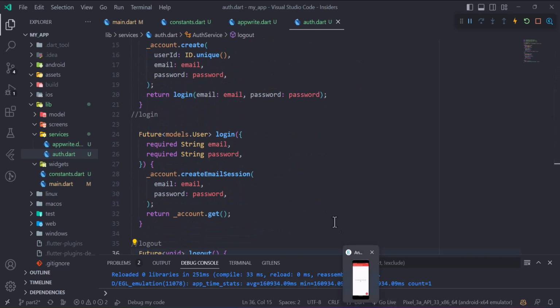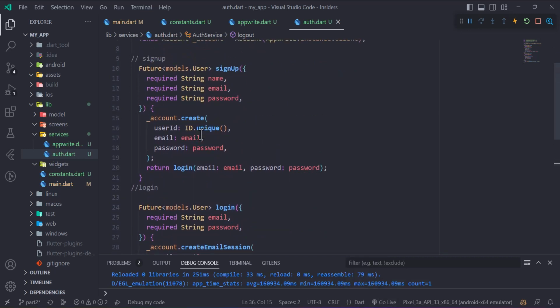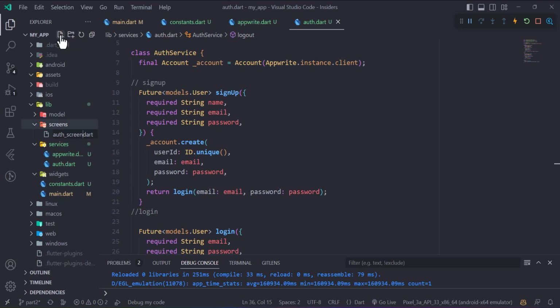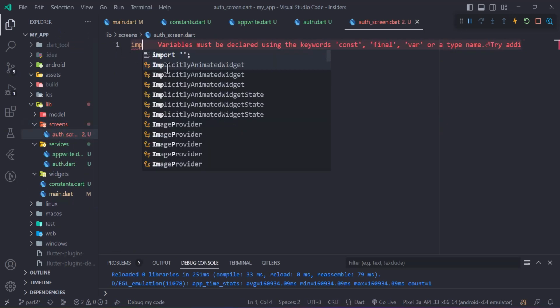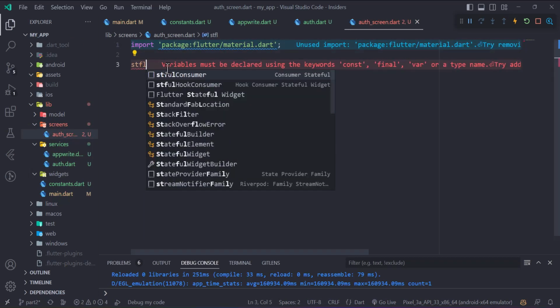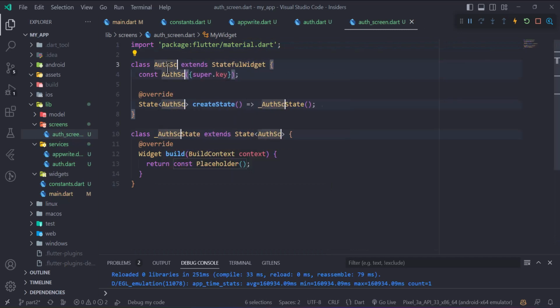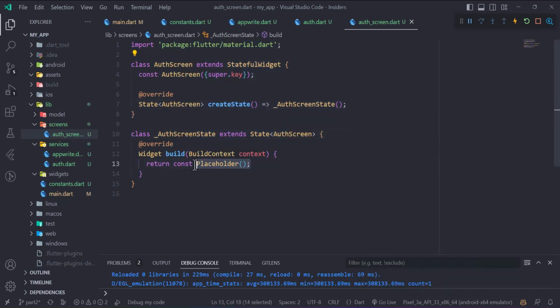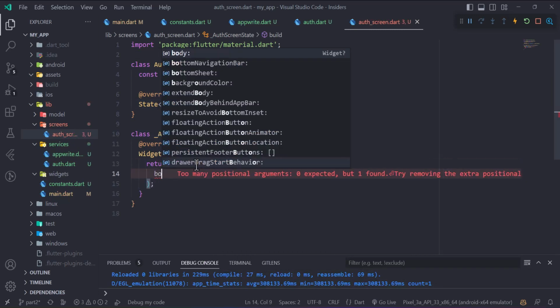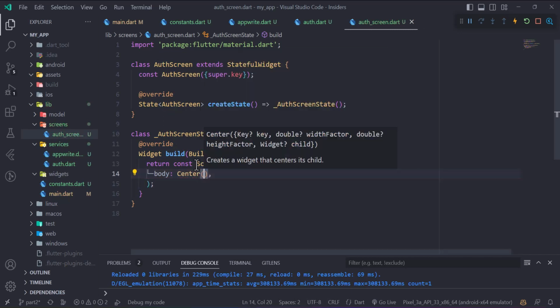Now let's create a basic UI so that we can call these methods and create our user. So inside my screens, I will create a file known as authscreen.dart. Let's create a simple material.dart stateful widget which says authscreen. Now instead of a placeholder, let's have a scaffold, and in the scaffold body, at the center I have a text